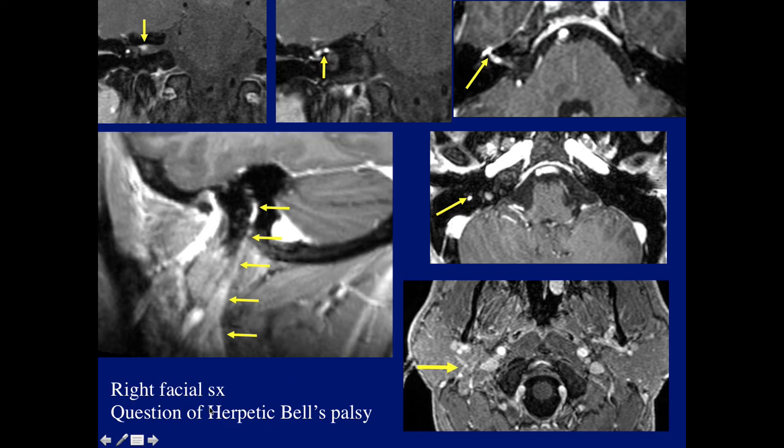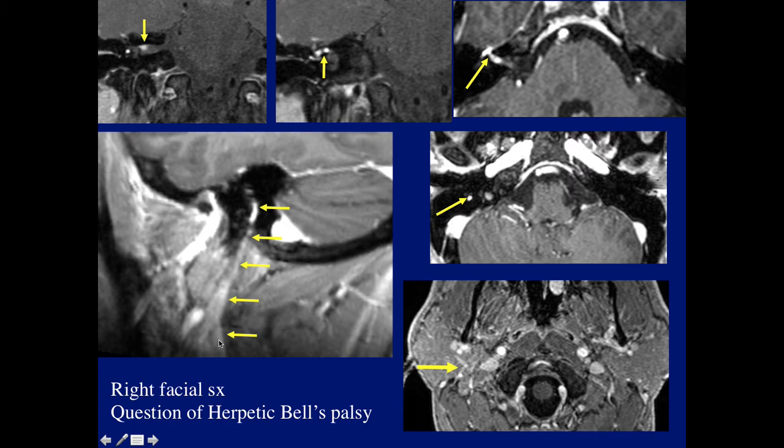Here's a patient with right facial symptoms, question of herpetic Bell's palsy. And again, IAC is involved, but definitely here's the labyrinthine portion, genicular is involved. Again, the two so-called snake eyes, the distal labyrinthine, proximal tympanic, involvement here of the upper portion of the internal auditory canal, and nicely we can see on the sagittal plane the mastoid segment, and we can even see some